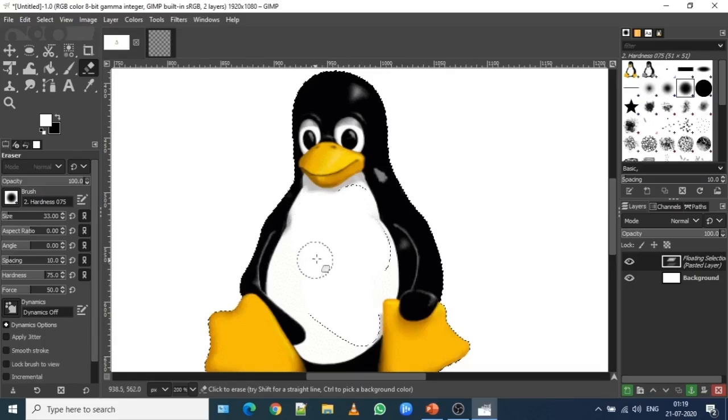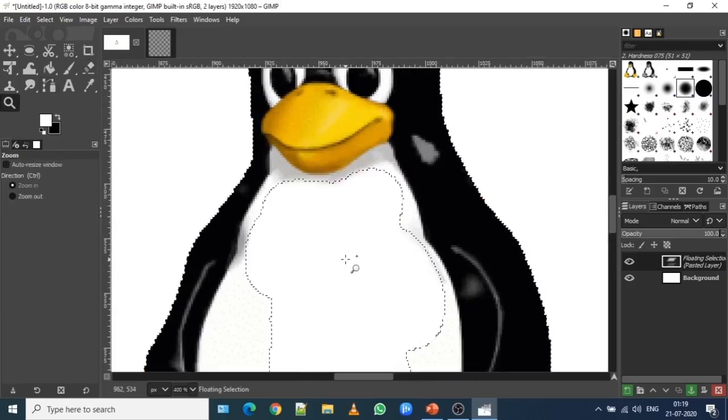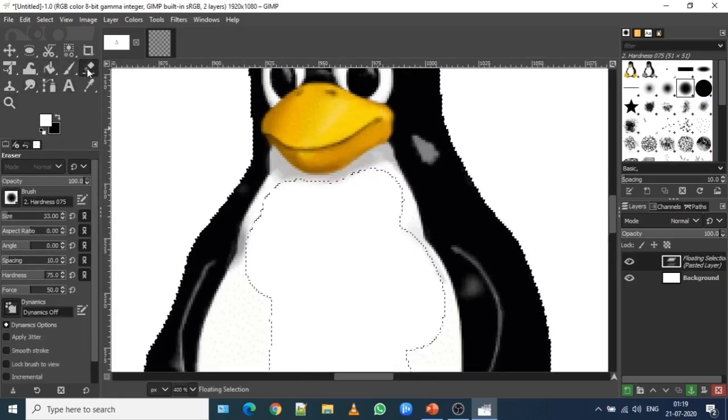Now in order to have fineness, what you can do is zoom in on the picture and then select the eraser tool once again. You can reduce the size of the erasing point.